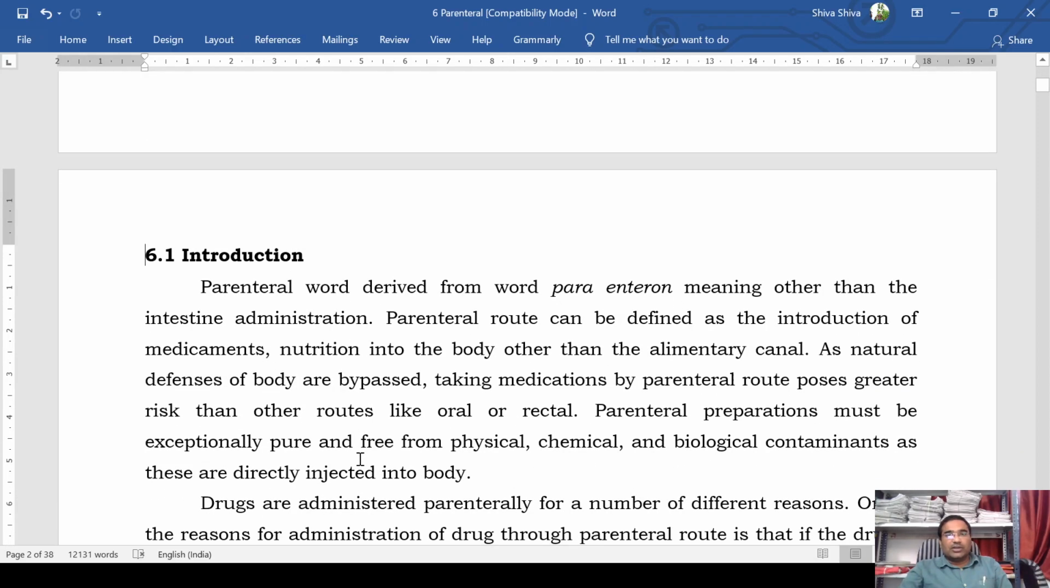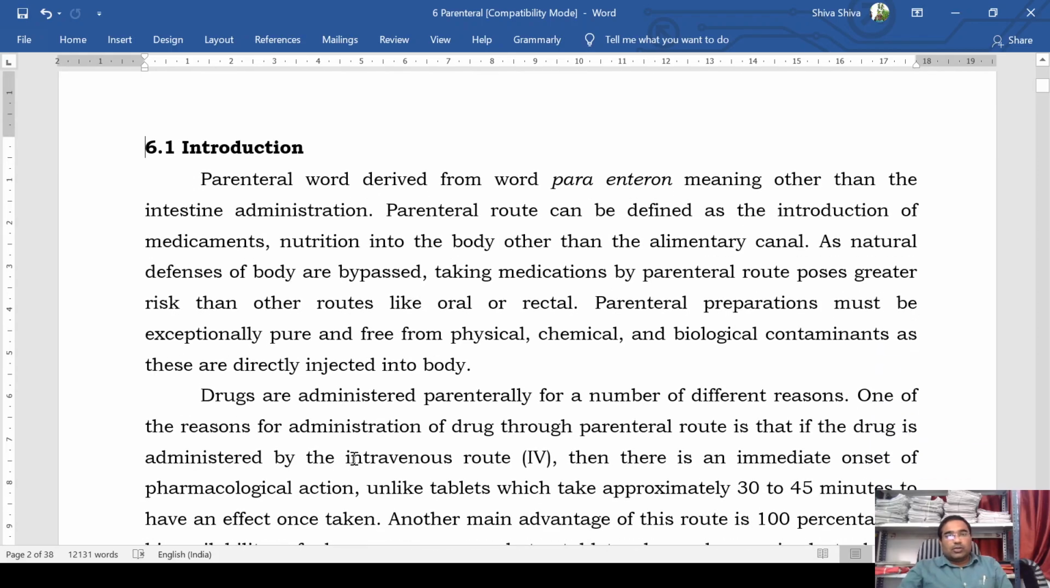So we will start with first, introduction. So look, the word parenteral, it is basically a combination of two words. First one is para and second is enteral. So parenteral word is derived from the word para, enteron, meaning other than the intestine administration. The meaning of the word para is apart from or other than. Enteron means intestine. So generally,